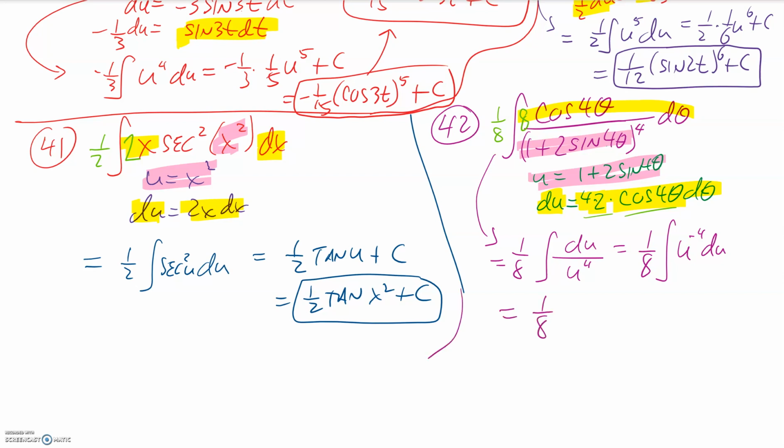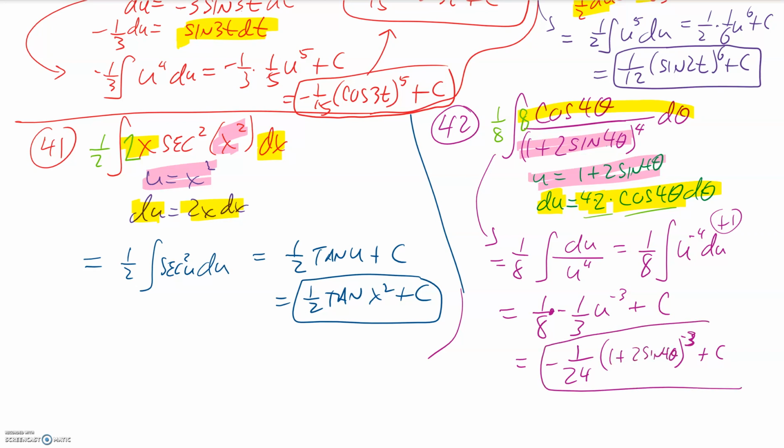So next, we'll end up with negative 1/3. Make sure that's a multiplication in between there, because you're going to have a new power of negative 3, because you always add 1 when you take the antiderivative, and then plus c. So negative 1/24 stuff to the negative 3 plus c. And our stuff, of course, was the weird 1 plus 2 sine of 4 theta. And you can leave your answer like that. You really don't need to go rewriting it. If you wanted to rewrite it,